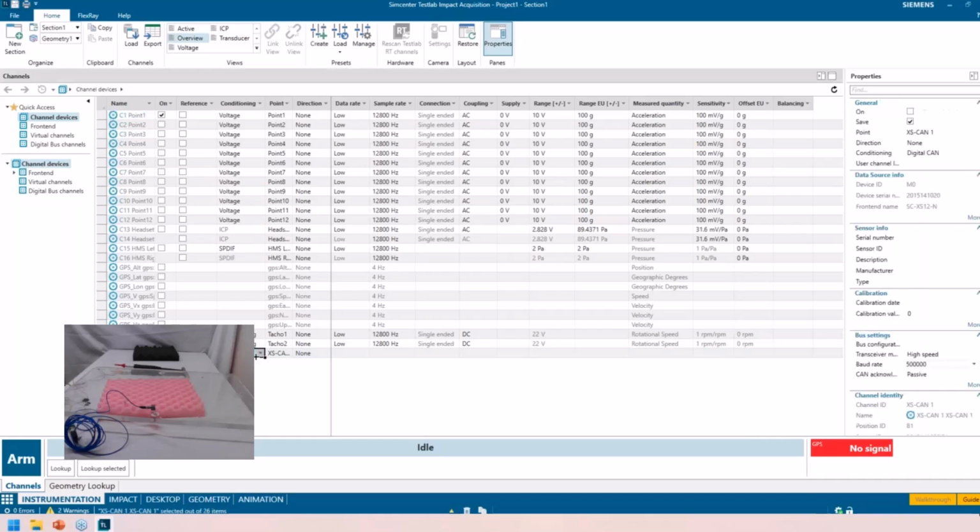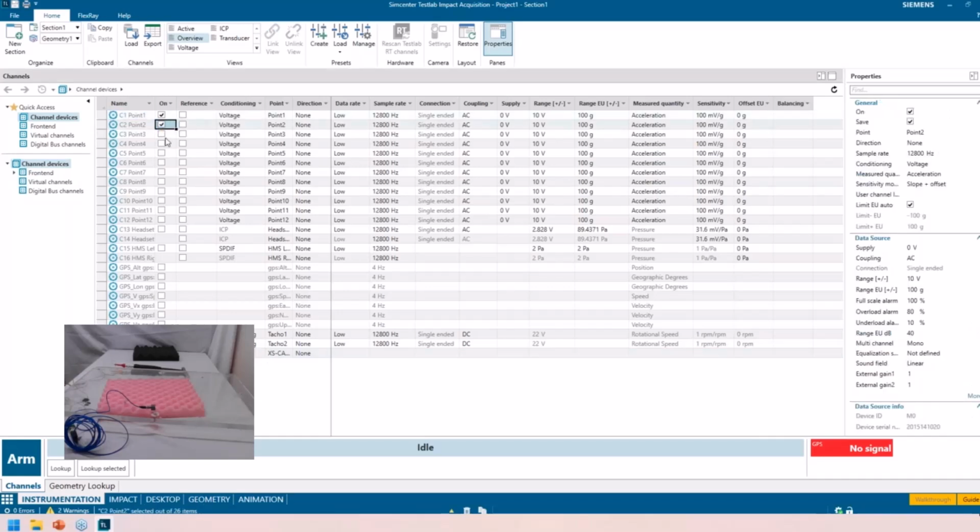Okay, I'm gonna breeze through this setup again. So this is now if you don't have virtual instrumentation, you want to take data the old-fashioned way using a wireframe. We're going to show you how to do that as well. A little bit more steps than virtual instrumentation, depending on how you look at it, but it's not bad at all. Especially because Neo makes geometry so much easier than TestLab did.